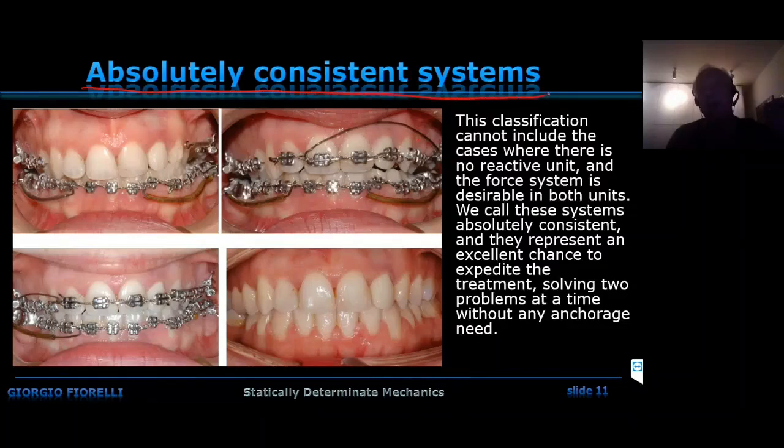Consistent systems, four systems, where you don't have an active unit and a reactive unit, but you have two active units. It means that you don't have any anchorage unit. You move two teeth one against the other. So a very simple thing regarding